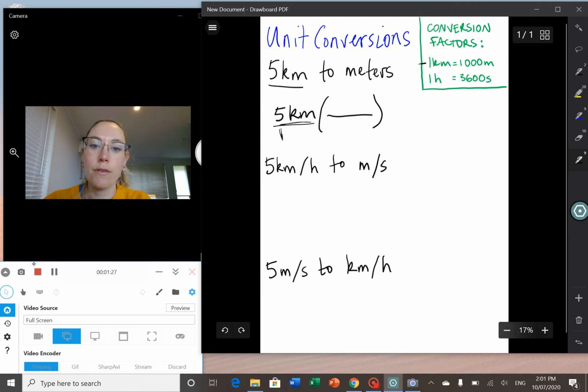And this kilometres is on the numerator side of its fraction as a whole number. So through this unit conversion, I'm wanting to cancel out this kilometres here that I've started with so that I end up with metres. In order to do that, the kilometres from the conversion factor needs to go in the